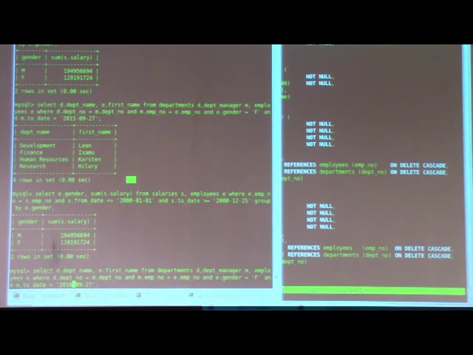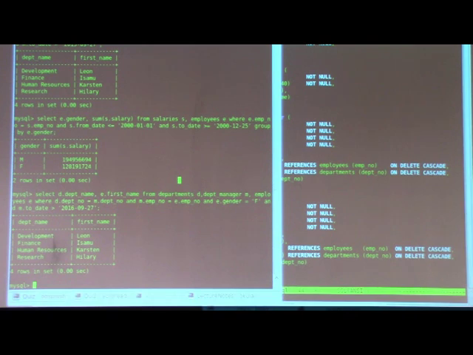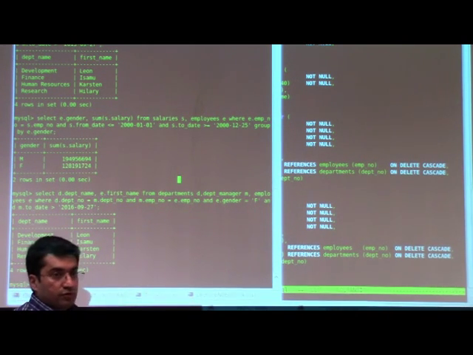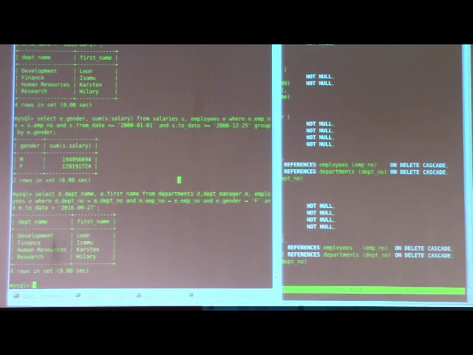Then, if we execute this query, we will get the answer by 4 rows. Okay. Now let's get back to our